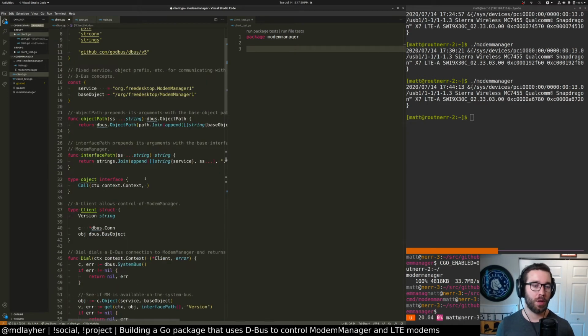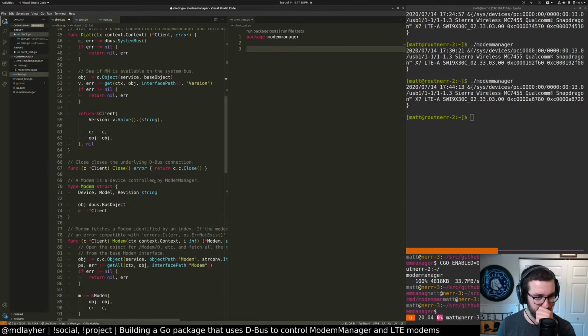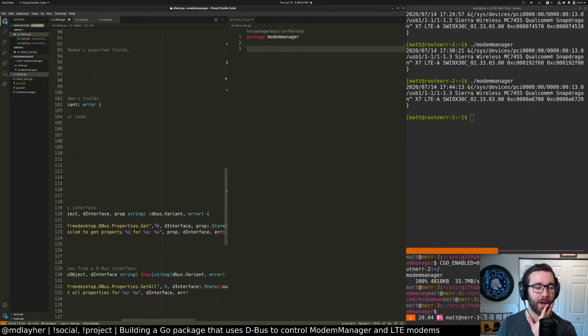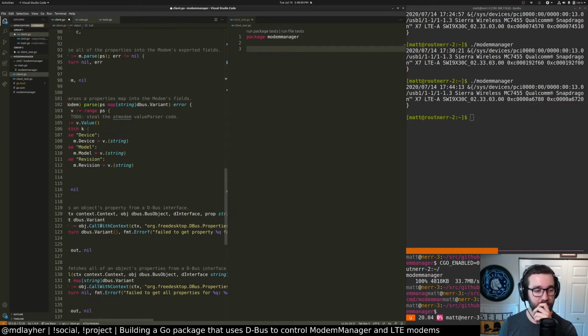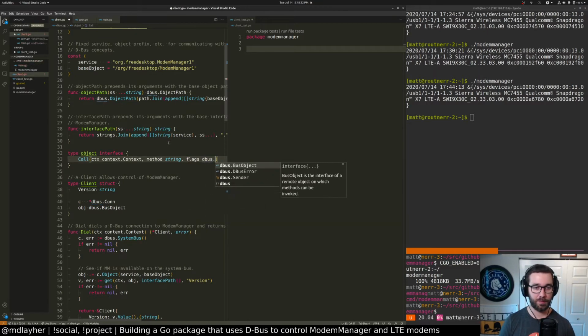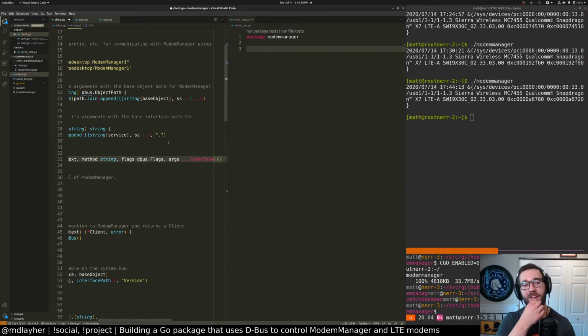So call takes a context, which we always want to pass to everything. It needs the interface you're calling into. Flags, which is always 0, so I guess we could cheat. And then arguments, right? Method string. I guess I don't know if we're going to need flags or not. Args is an empty interface, and